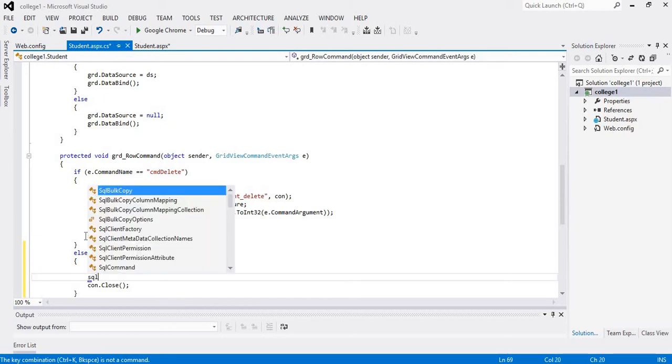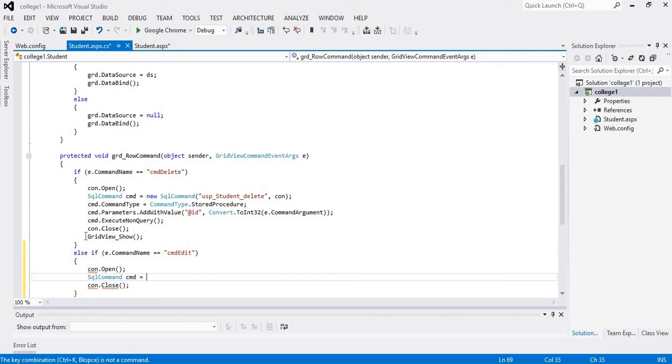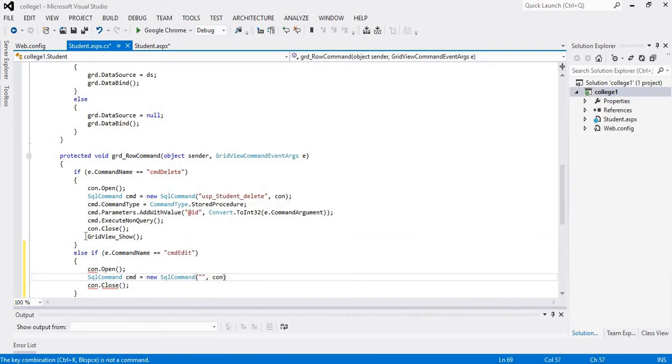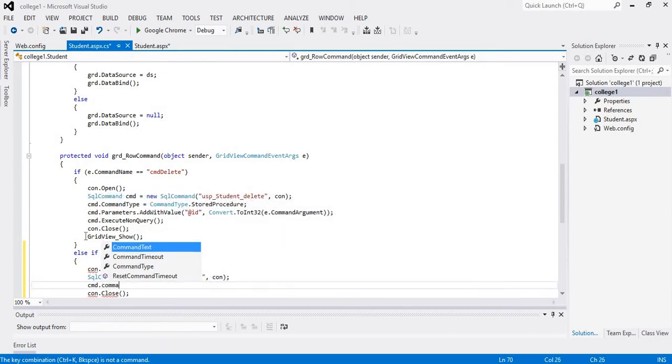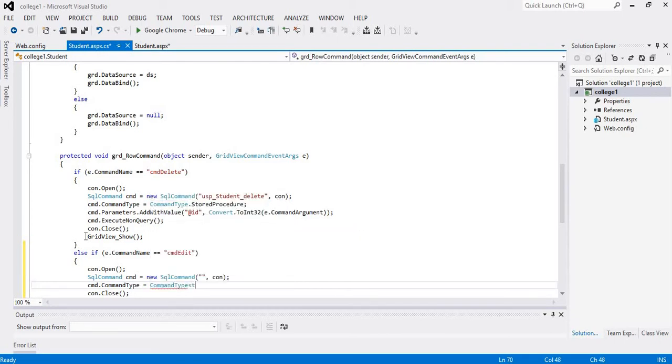Here we will write cmd SqlCommand, cmd equal new SqlCommand. Here we will pass our stored procedure name and here con. Then we will write cmd dot command type, CommandType dot StoredProcedure, as we will again use stored procedure here to edit our data.